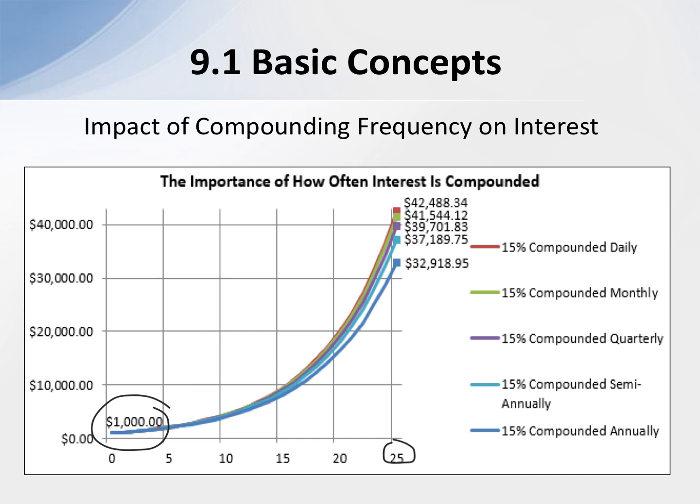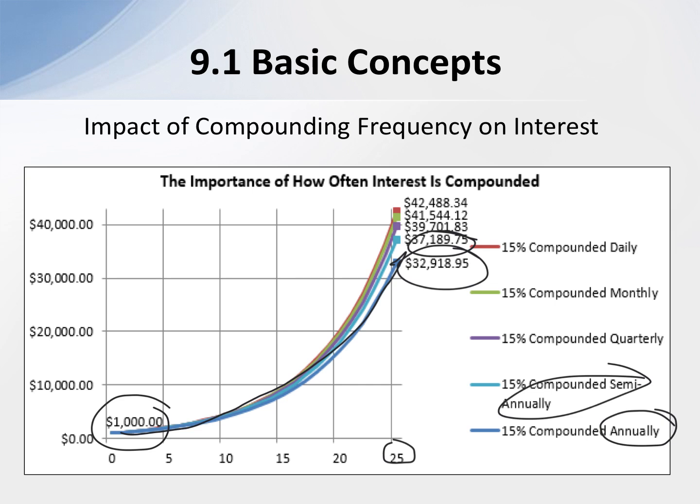So the lowest line here, resulting in $32,918.95 after 25 years, is with an annual compounding. So only calculating and depositing interest 1 time a year. The next highest would be semi-annual, where it's deposited 2 times a year. So after that first 6 months, then interest will be calculated on the principal and the interest of that first 6 months. So you can see that the growth is greater, resulting in an amount of